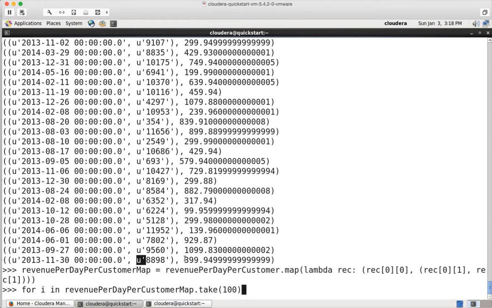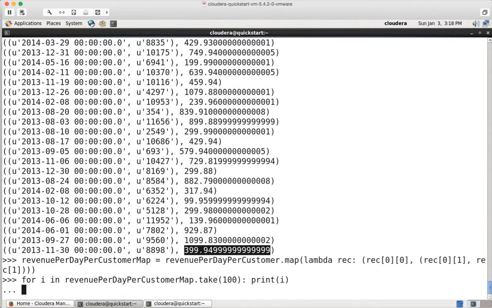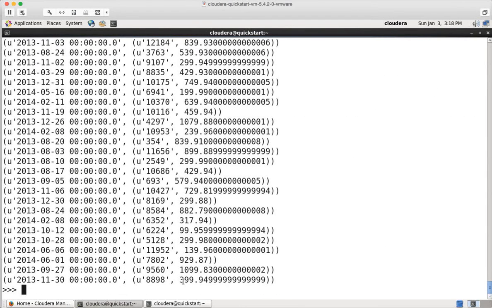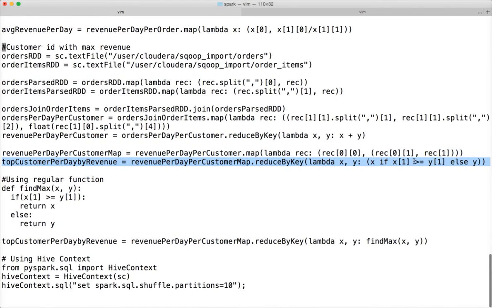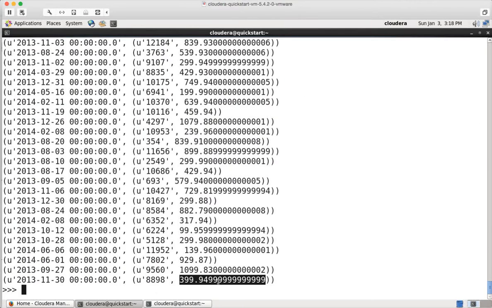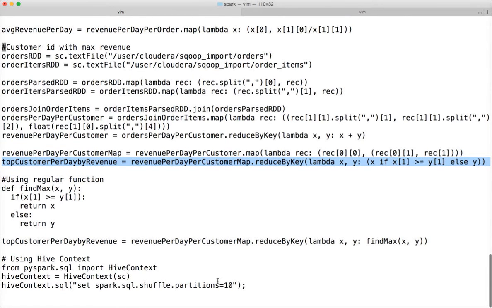If you don't have u before that, it means it's a numeric value if the underlying value is numeric. Print of i and hit enter. Now you can see that this is float because it does not have u before that. So you can directly compare like this. If it has u before it, then you have to convert it into float,